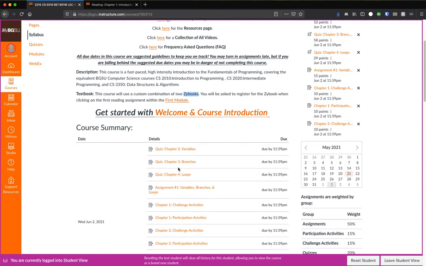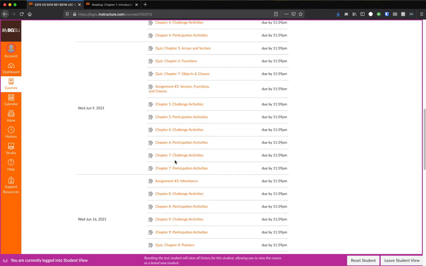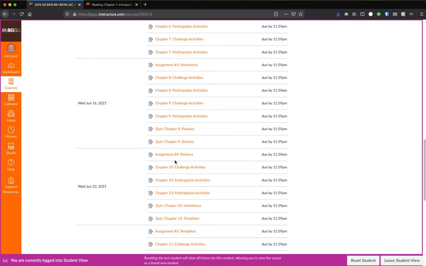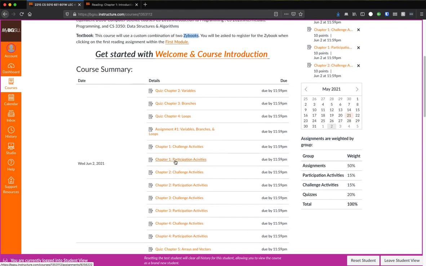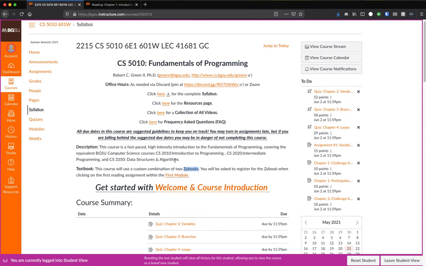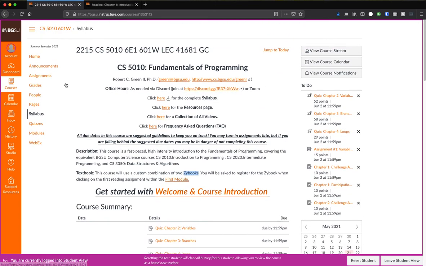Now I do want you to understand that all of the due dates on everything, all the assignments, everything like that, are suggestions. As long as your work is done by the last day of the 6-week session we are in, it is no problem for me. There are some instructions in the first module that tell you how to send me an email so that I will grade your assignments. Okay? So work through these. The most important thing I can tell you is do something towards this class every day. It is intense, there is a lot, but you will be awesome at the end for it. You can look through all the assignments and things like that. As I said, you can go through the modules and all those kinds of things.